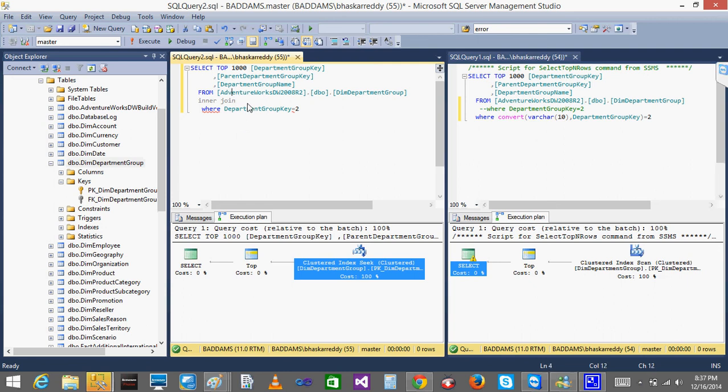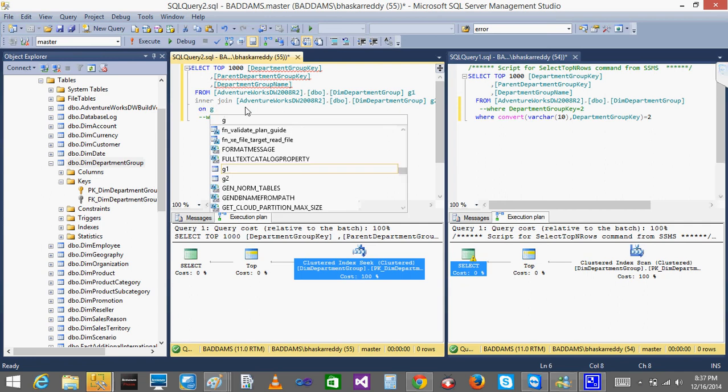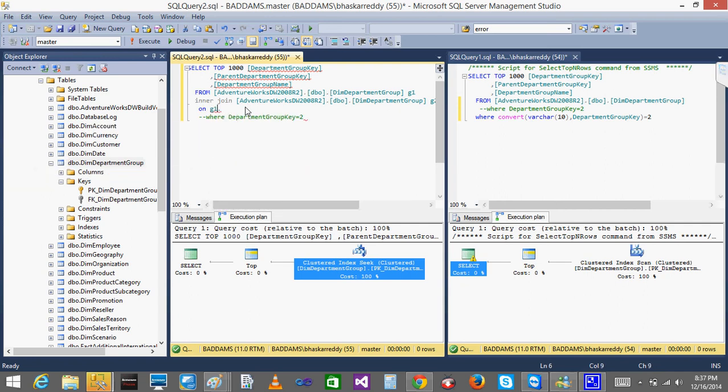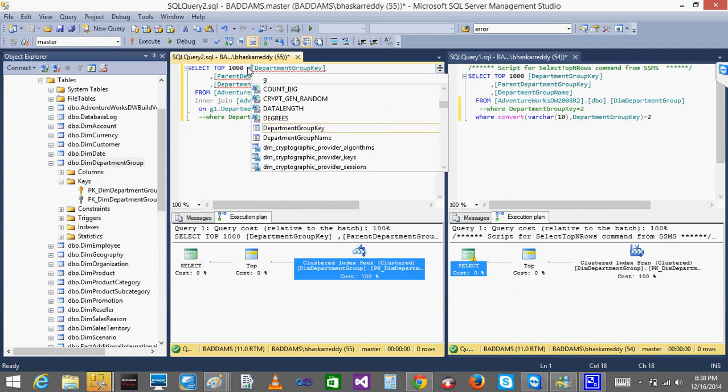Okay, so let's say I'm joining the same table 2 times. Assume that I'm joining the same table. I'll name it as G1, G2. So here where G1 dot group 2 is equal to 1. I'll not do any condition. Okay, so inner join on G1 dot department group key equal to G2 dot department group key. Okay, now so these all are G1 dot